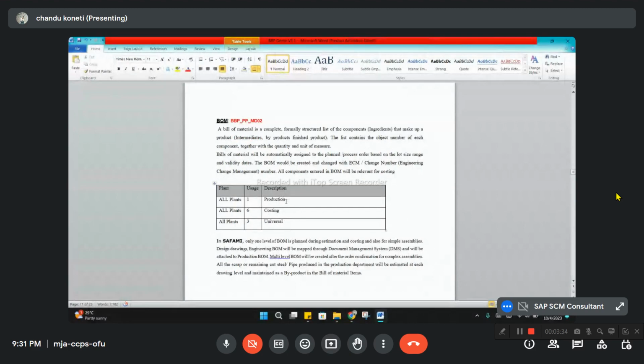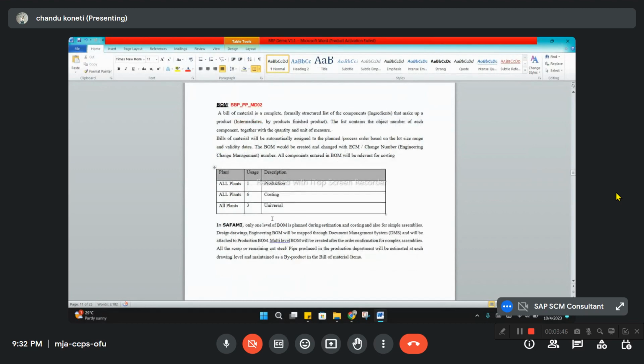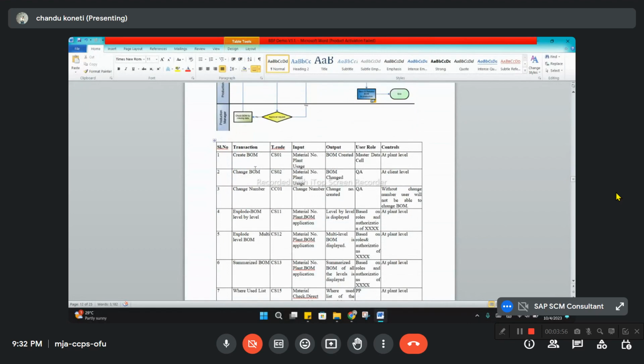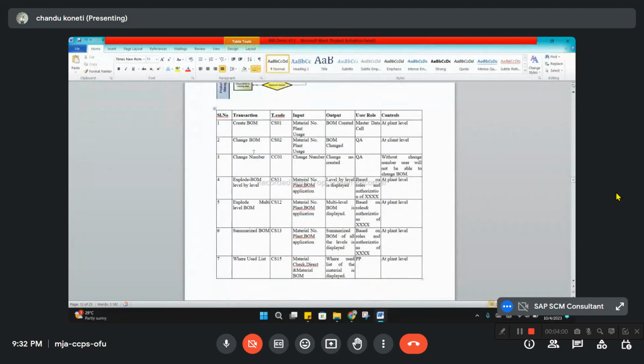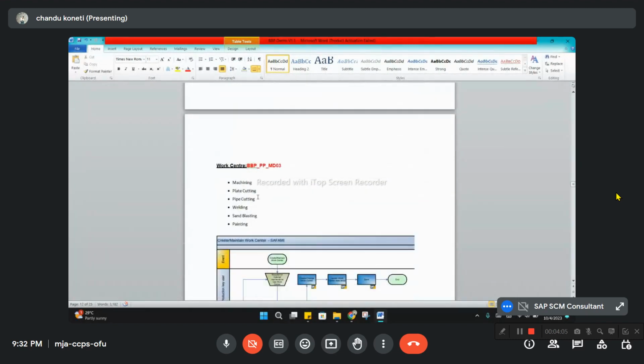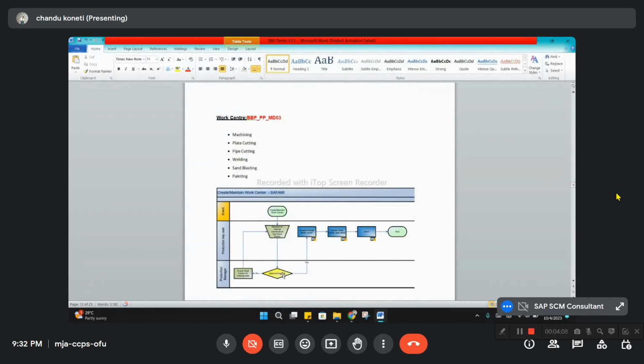In the reference document, only 2 to 3 were mentioned. So we added some more basic things, so that whenever any production supervisor or any end user wants to refer, he can just come and check here. In that feasibility we have prepared. So this is a general flow of BOM, and daily T codes or anything related to BOM which would be used are highlighted here. In a similar way for work center also, how you generally create a work center,